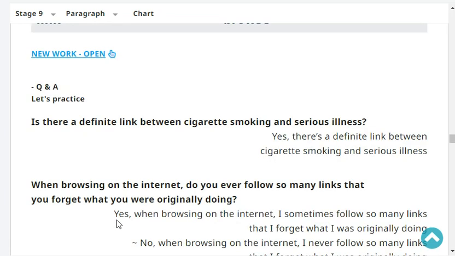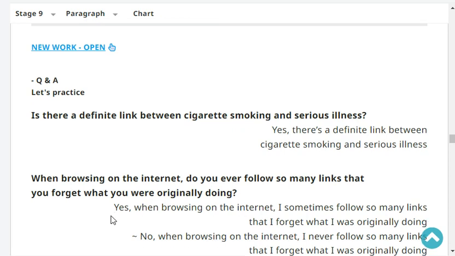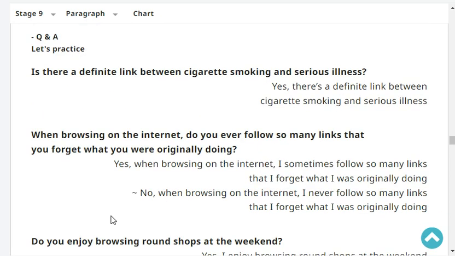Is there a definite link between cigarette smoking and serious illness? Yes, there is a definite link between cigarette smoking and serious illness. When browsing on the internet, do you ever follow so many links that you forget what you